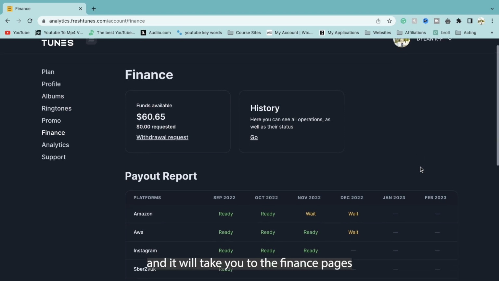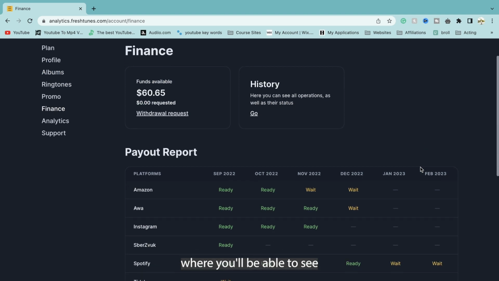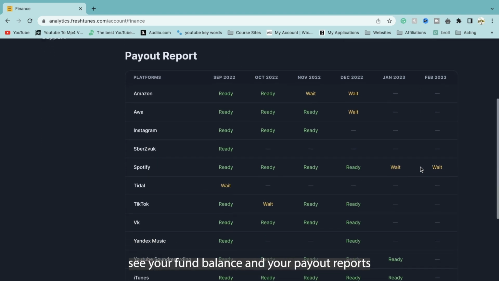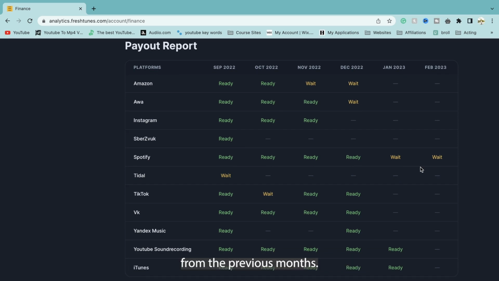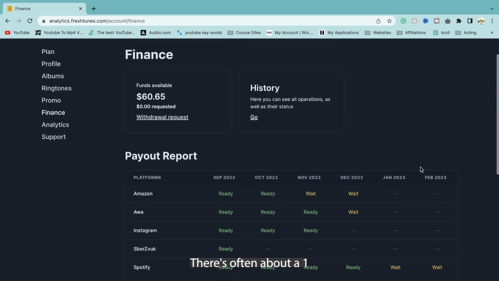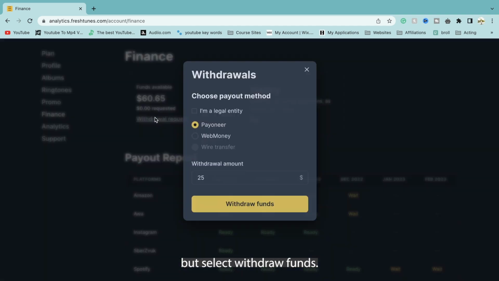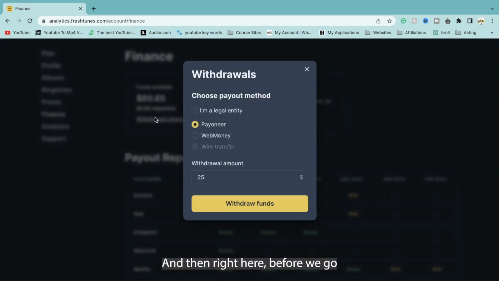Click that and it will take you to the finance pages where you'll be able to see your fund balance and your payout reports from the previous months. There's often about a 1 to 2 month lag of payouts, but select withdraw funds, and then right here, before